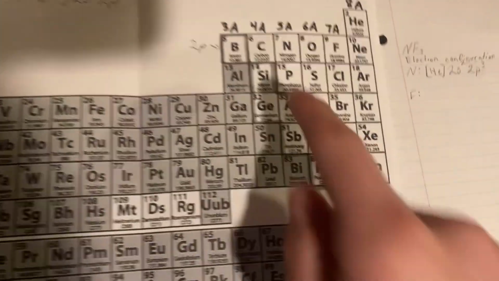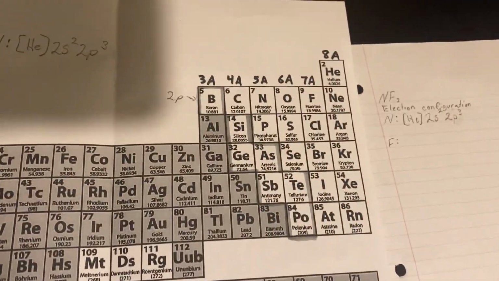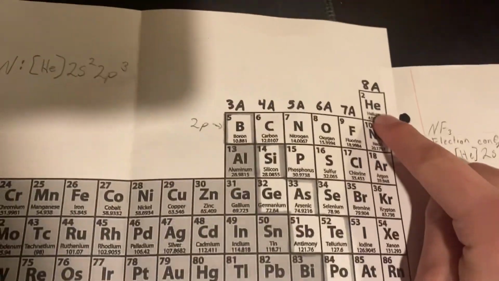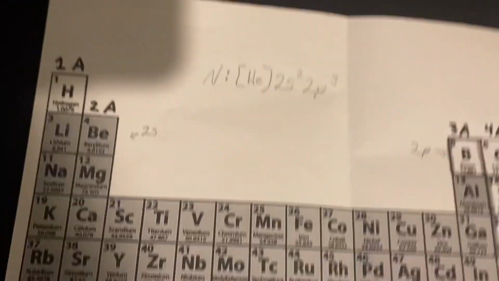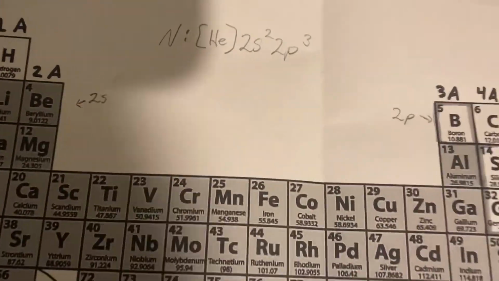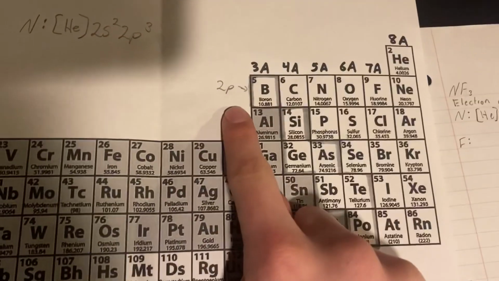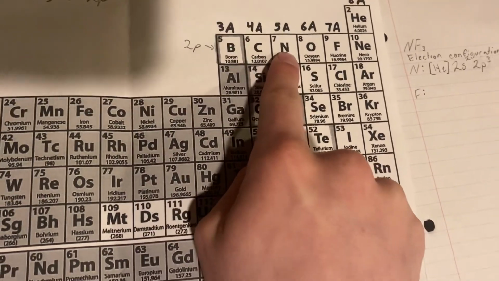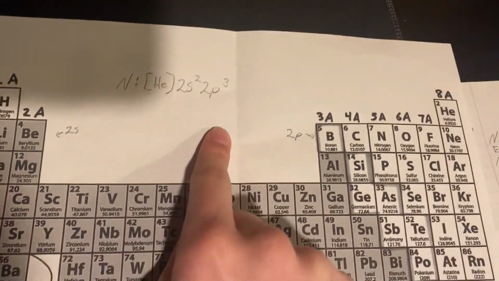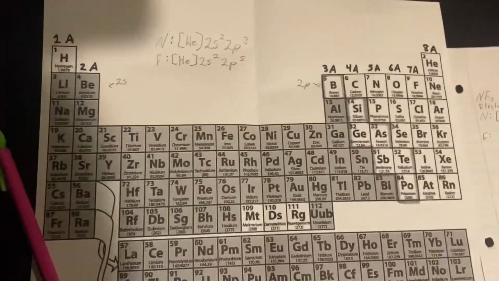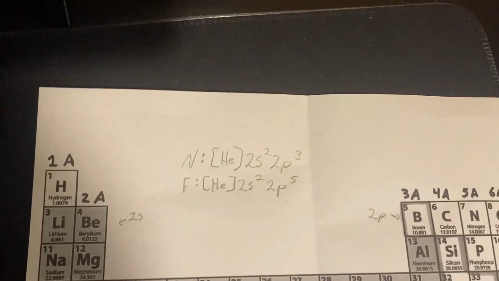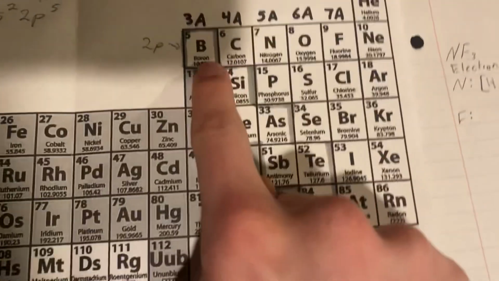So we first find nitrogen on the periodic table, and then we go over to the first noble gas, which is helium. Write down helium, and then you skip the 2s's. So you put 2s2, then you go to the 2p's and go over 1, 2, 3 to nitrogen, and write down 2p3. To find fluorine, it's basically the exact same way, but instead of going over 1, 2, 3